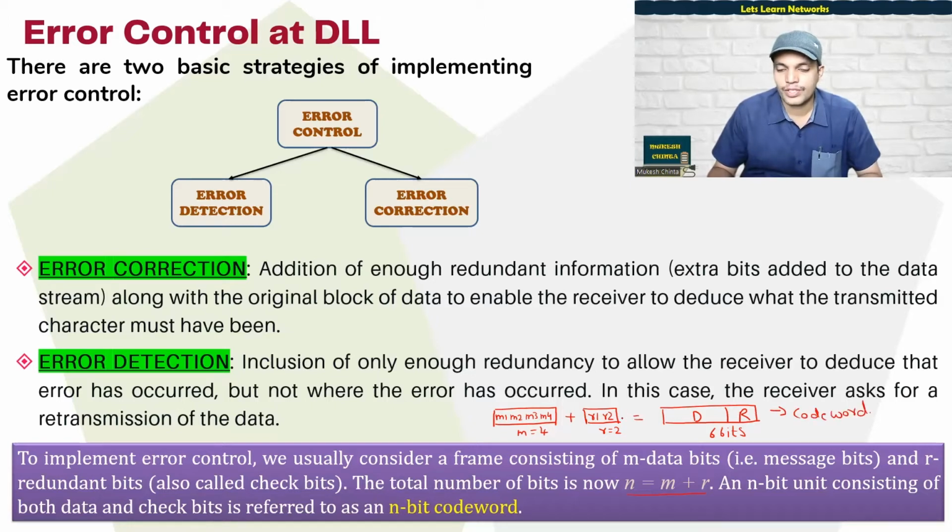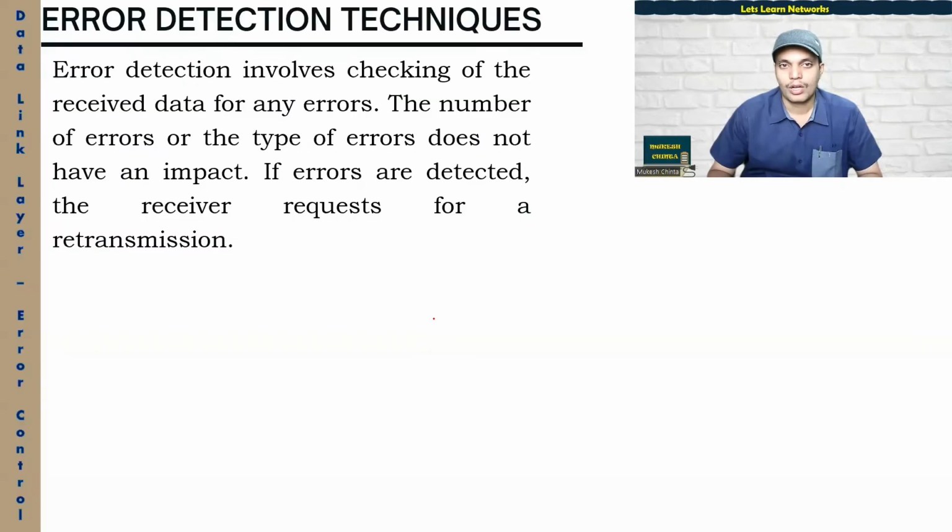The redundancy information is implemented for the receiver to verify that the data has been received without any errors or not. Of course, the amount of information that we add here is dependent on the technique that we implement. Now let us talk about